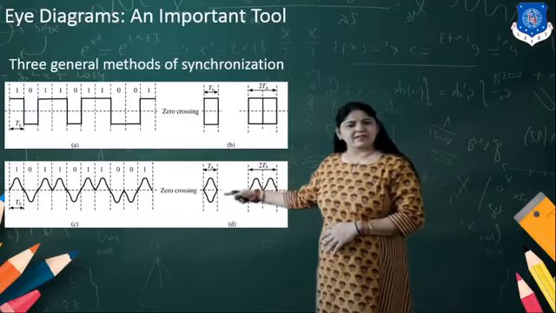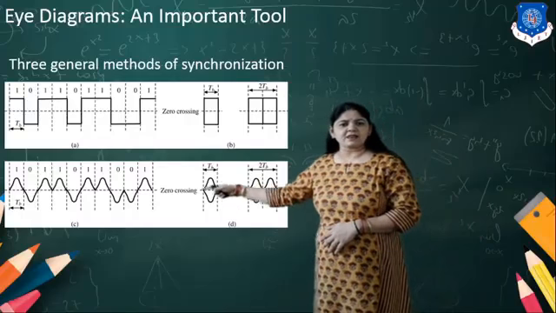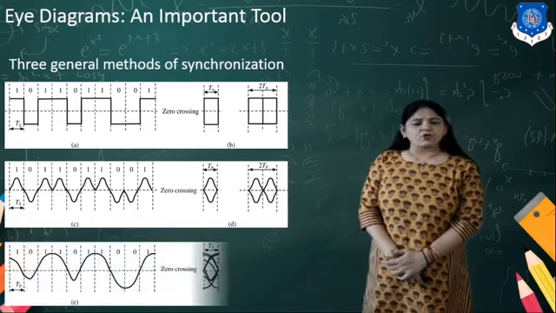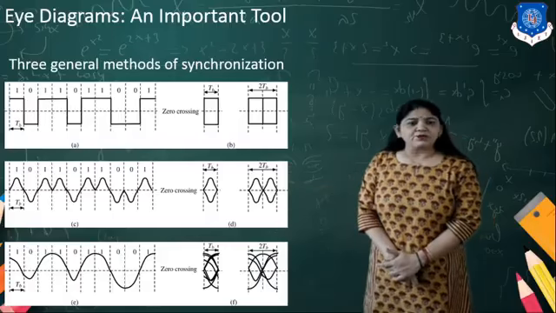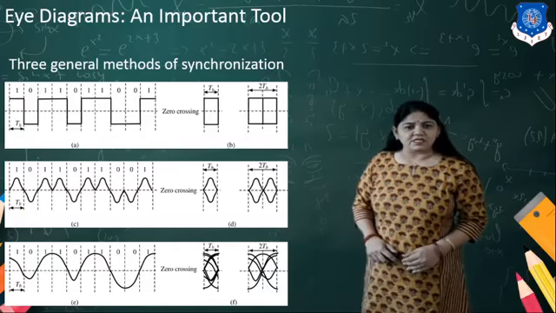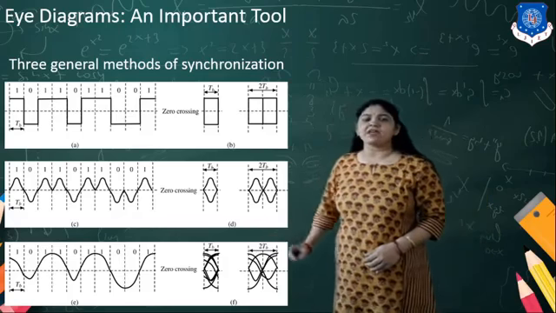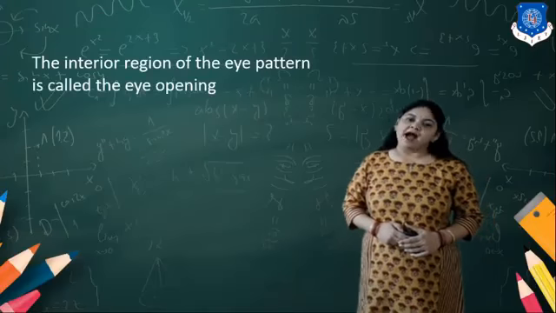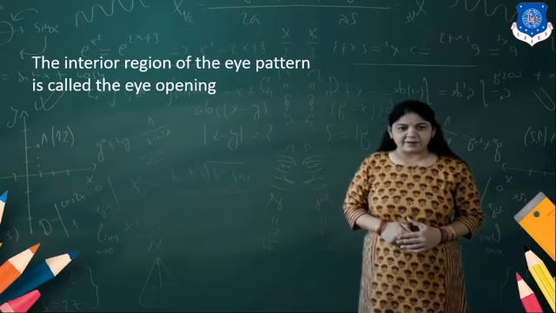Now this waveform is for one bit. Similarly for the other bit we get a waveform like this, again over it, so that the shape could be exactly like the human eye. In the last diagram, if you see the data and its representation, you can see that such a waveform always appears on the CRO, and it looks like an eye pattern. That is why it is known as the eye diagram.